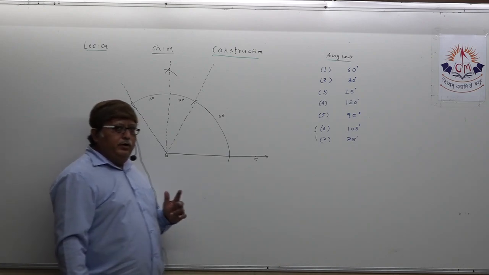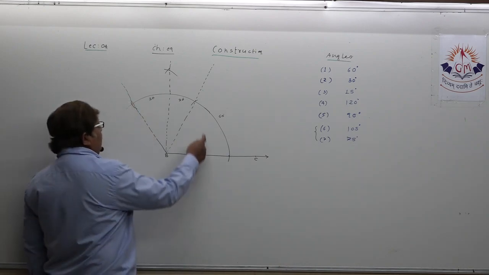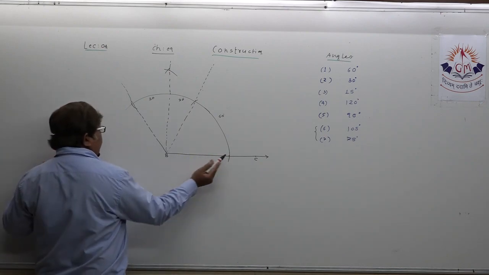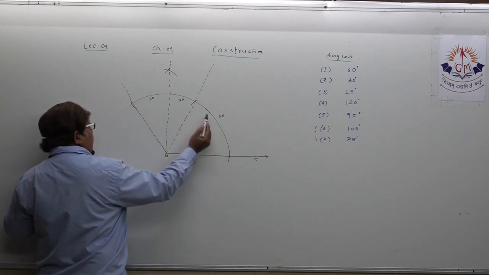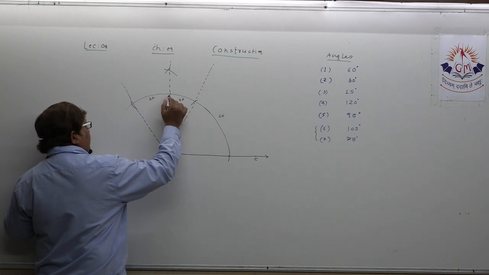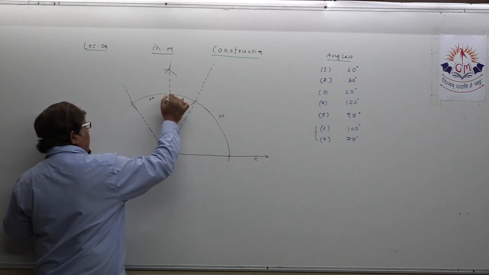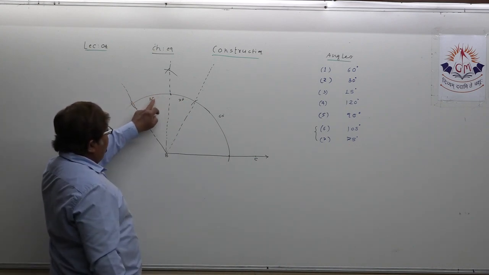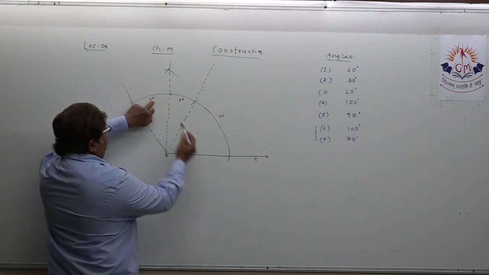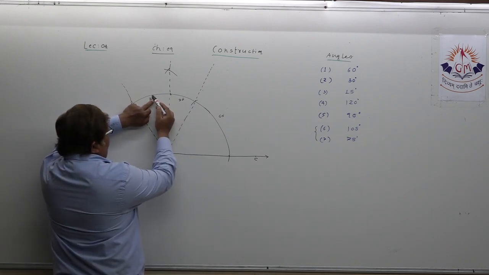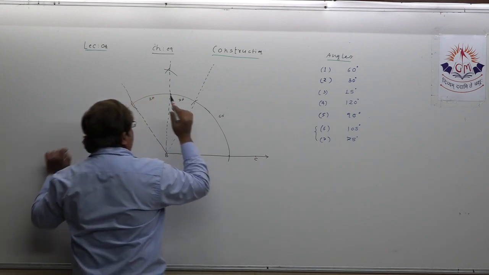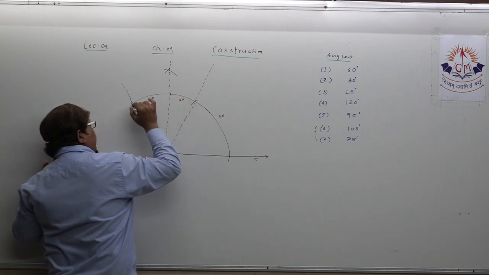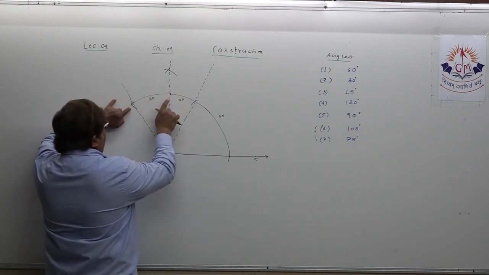Suppose I want to create an angle of 105, just try to understand. If we move from here, see, from here, 60 plus 30, 90. Now this is 90 plus 30, 120. But if you bisect this part, it becomes 15 degree. So 90 plus 15 becomes 105. So you have to make two arcs, one from this 90 degree and one from 120 degree.